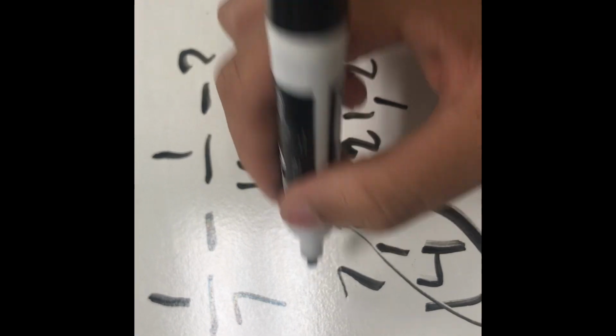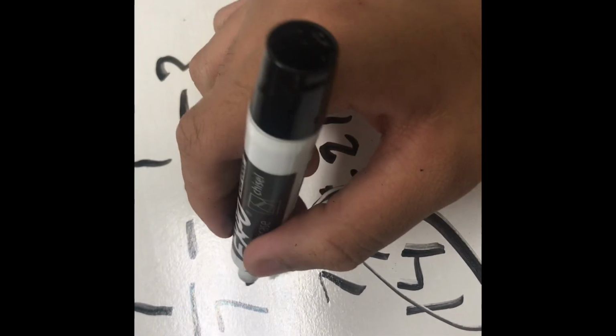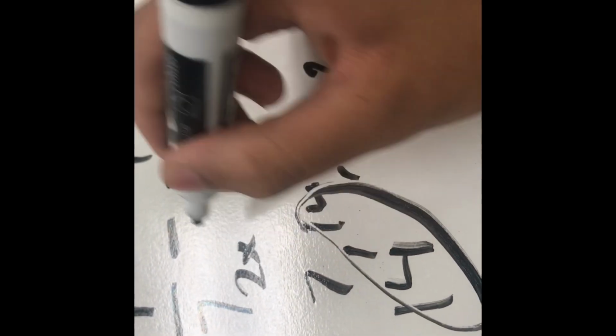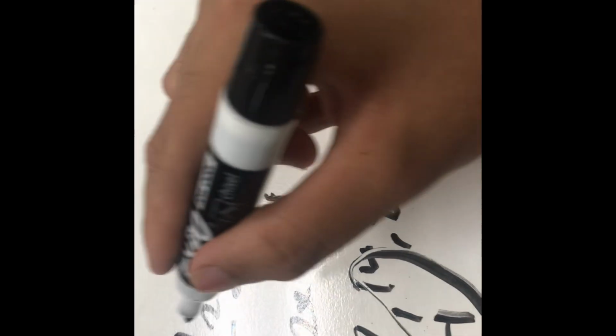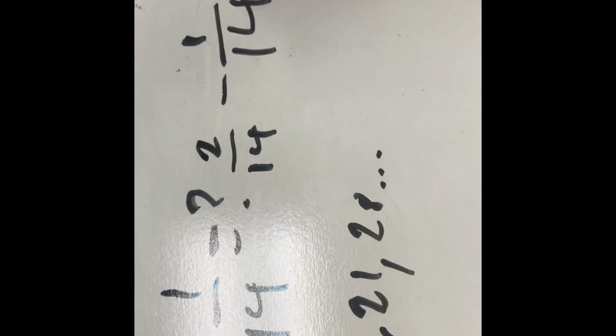But we need to make this 14. And as you see, this is times 1, times 2, times 2. So what we would do is multiply this by 2, multiply this by 2, because whatever you do at the bottom, you do at the top. And keep that symbol there. And then make this 14 as a denominator. And since we multiplied that by 2, you simply add the 2 because 1 times 2 is 2. This equals